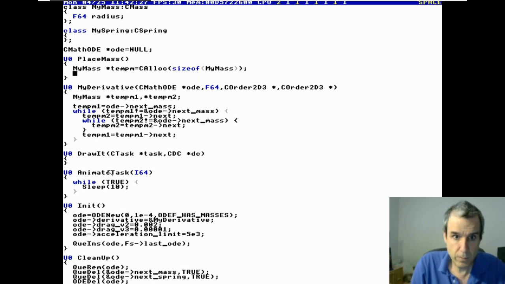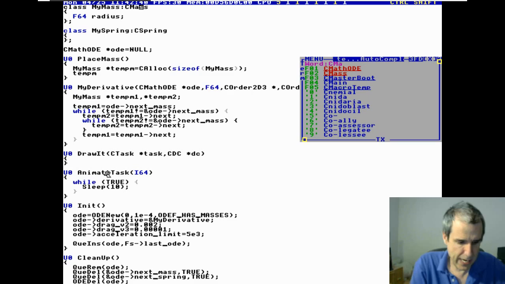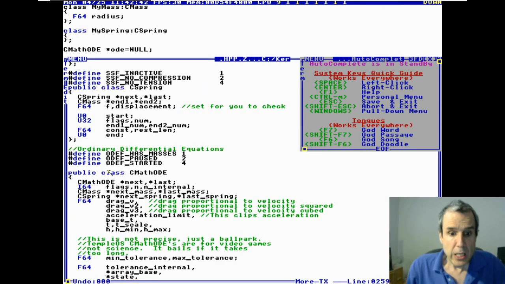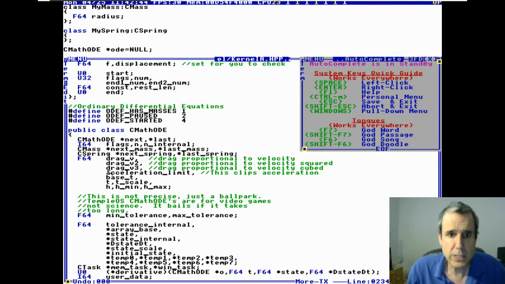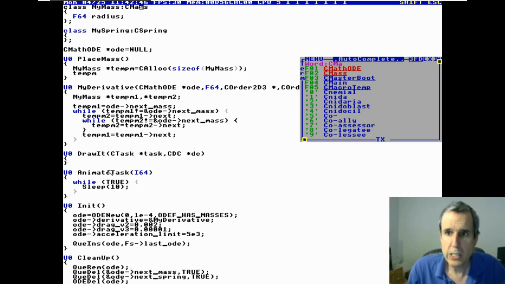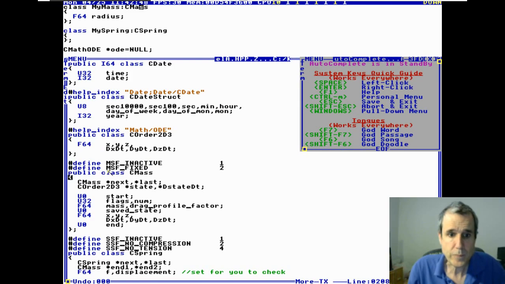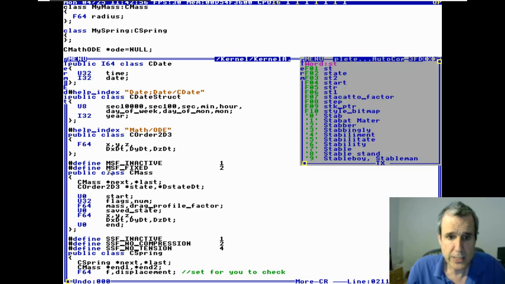you know what we're going to do? Let me just show you what a mass looks like. What it has is a mass. Whoops. A mass has an XYZ, a derivative XYZ, and